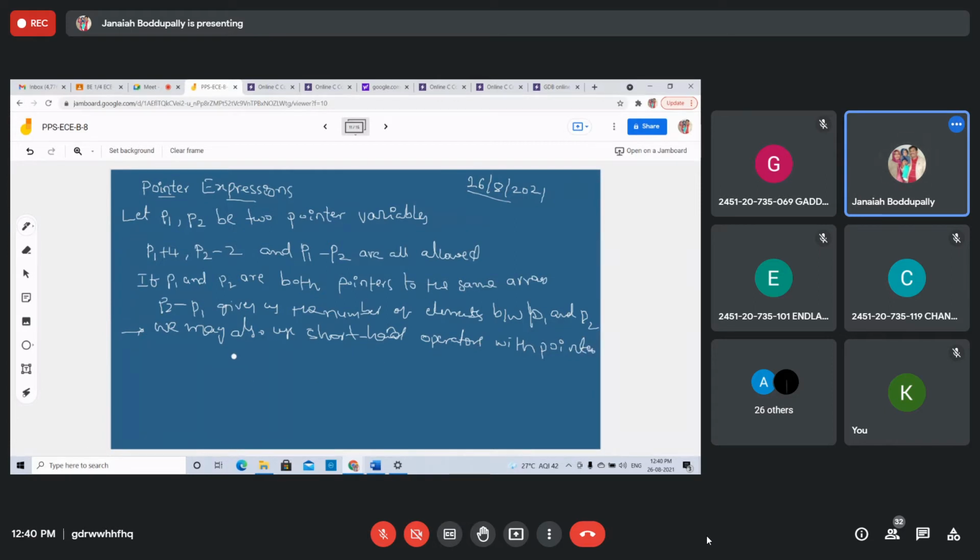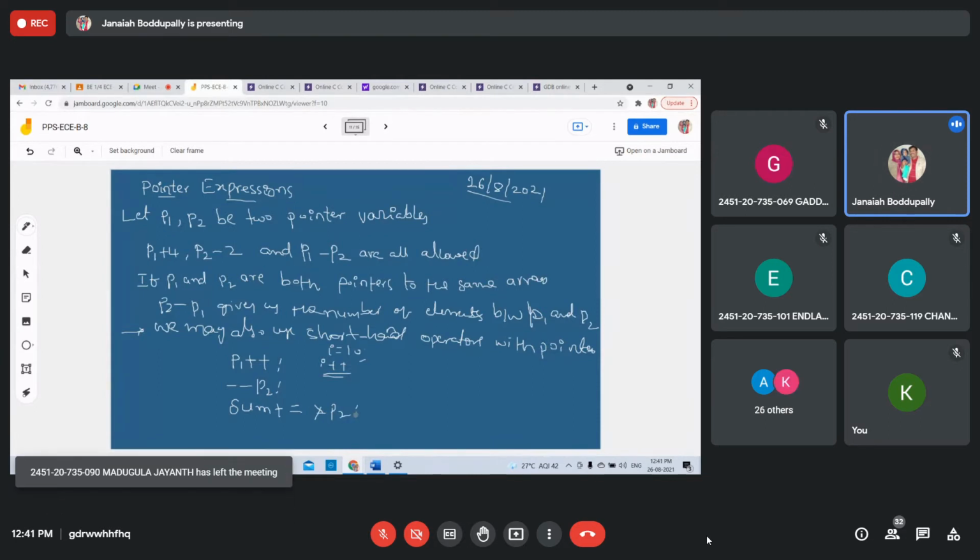Just like, see this, the pointer variable P1, P1 plus plus. What is the meaning of I plus plus, students? Increment, sir. Suppose I equal to 10. What is the I value after executing the statement? I will be 11. But if you write I plus plus within the printf statement, that prints 10 only. Later on, it will be incremented. Minus minus P2 is the pre-decrement operator. And sum plus equals star P2, and so on, you can use these.